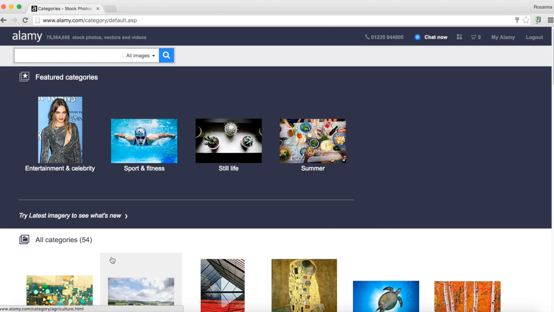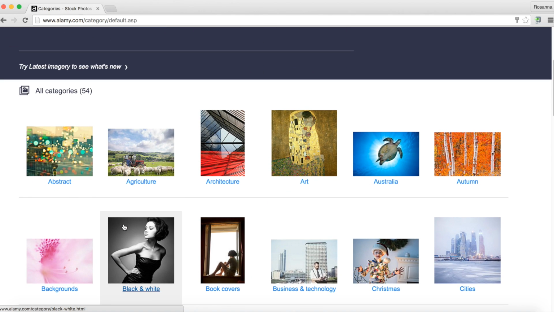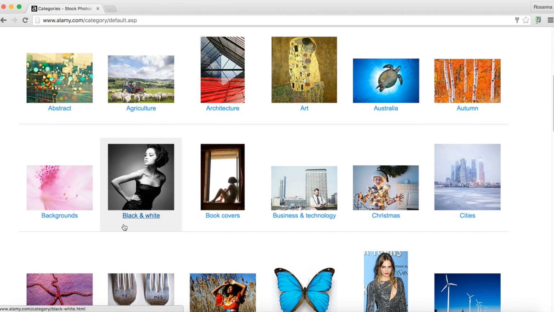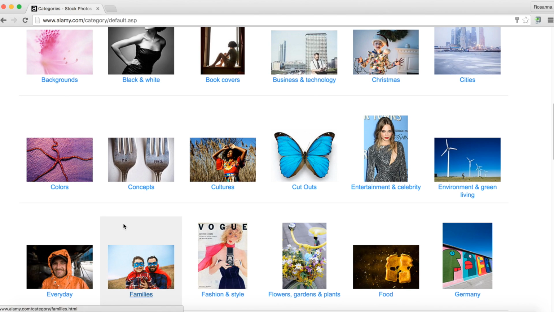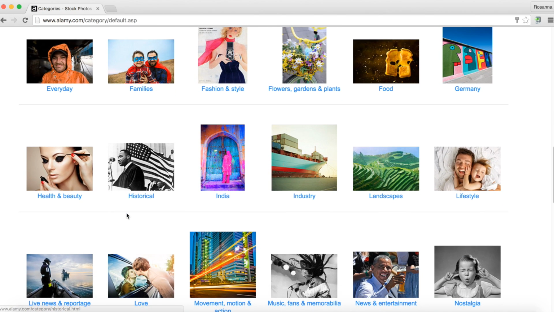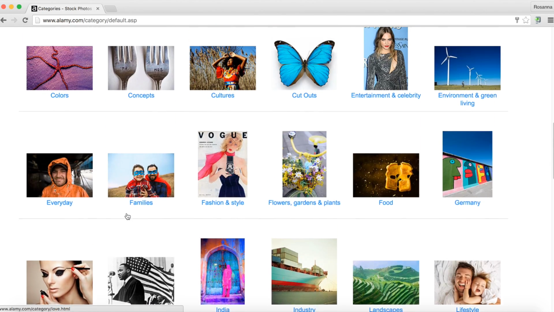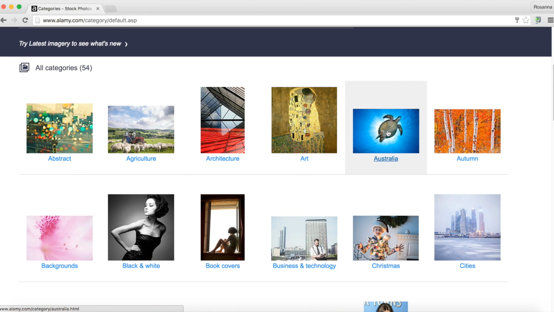You've got our featured categories here, so it's getting closer to summer, so we can go for that, or sports and fitness, and we can try that as well. We can also see that the categories are in alphabetical order, which is great, so you can just scroll down to the letter section that you need. If we go to the top quickly and choose Australia,